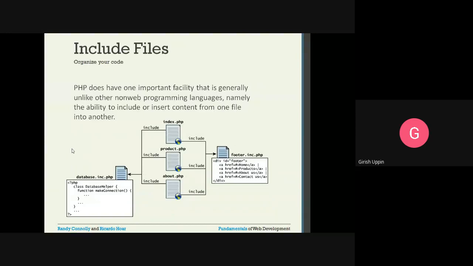Okay. Include files. One advantage with PHP is that you can just include a PHP file, so that you can make your code very modular. According to the functionality, you can divide the code into multiple files, so that maintenance and understanding of that code will become very easy. Whenever you include a file, wherever there is an include, it will just insert all the content of that PHP file. So that is how it is very easy.